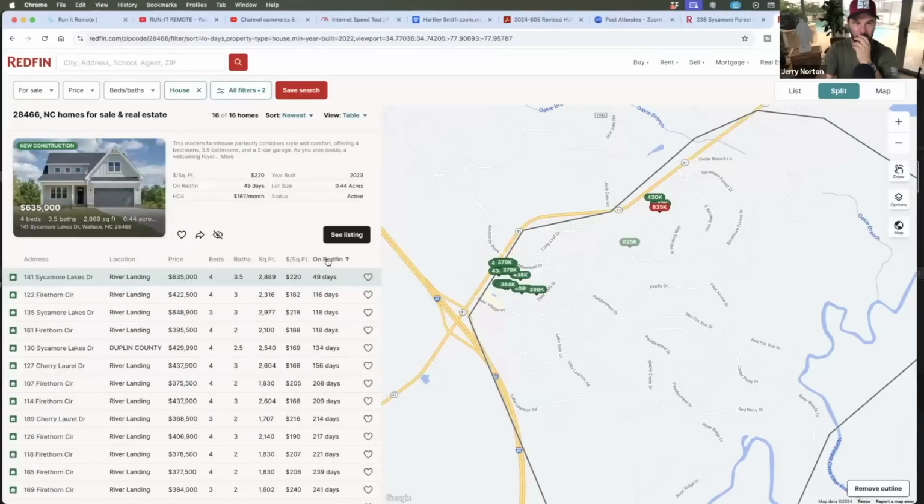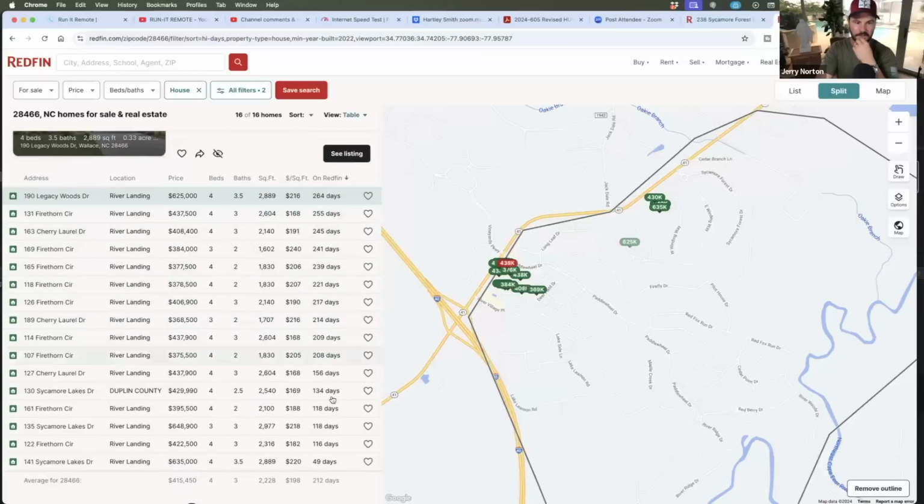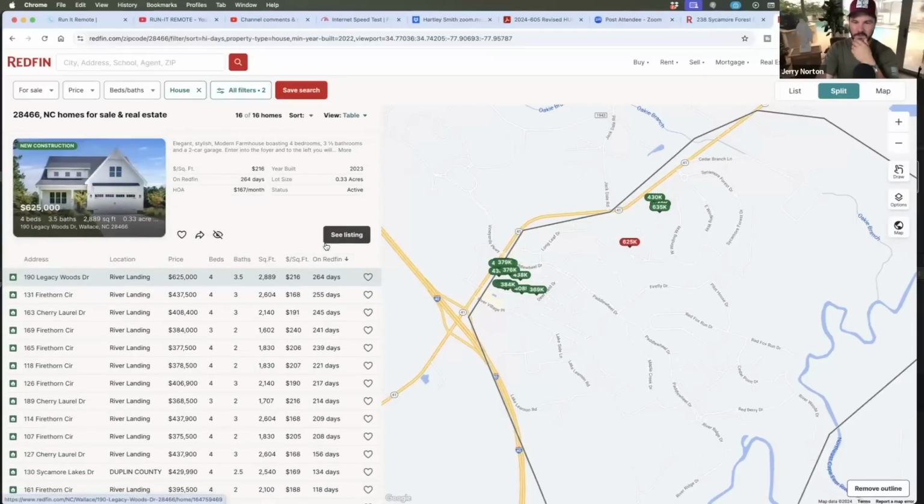Now what I want to do is I want to look at days on market. So look at your days on market. This is very not good. So these homes are sitting, and not selling. So what does that mean? It means if I were to buy a house, put it up for sale, I'd have to compete with 20 some other new construction homes on the market. Would that be a smart move? No. No, it probably would not be smart